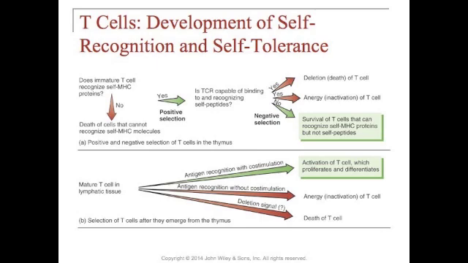And this part of the figure, these first two boxes or rectangles, they deal with the T cell. And the T cell has two types of selection. We have the positive selection, which is there at the top, and the negative selection, which is at the bottom. So in positive selection,